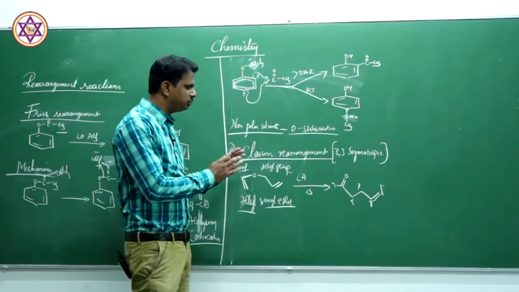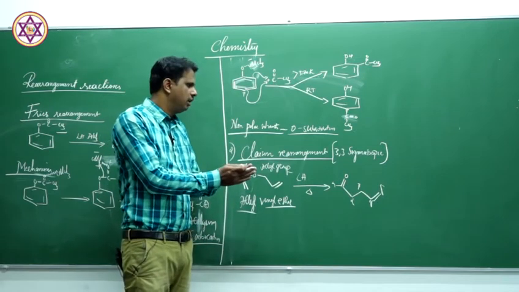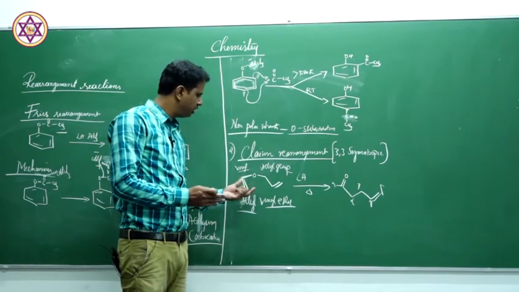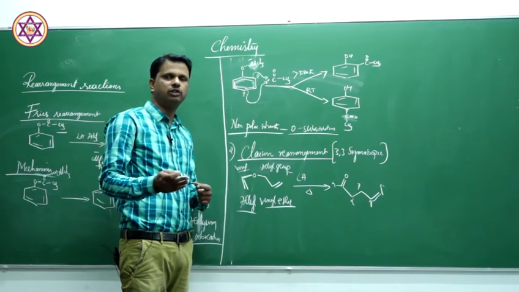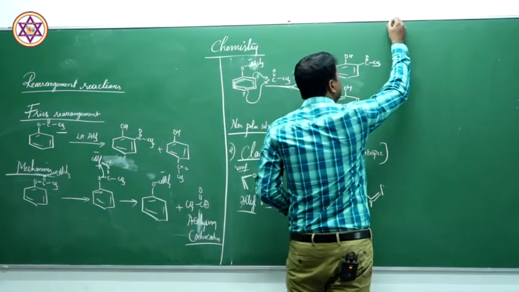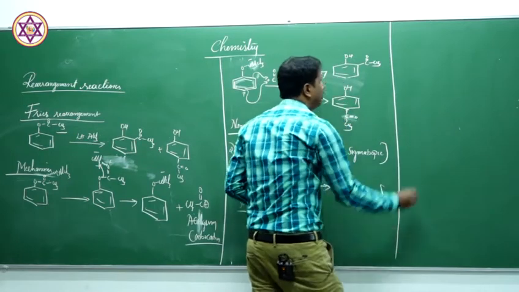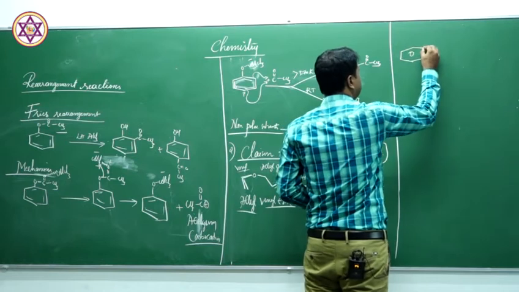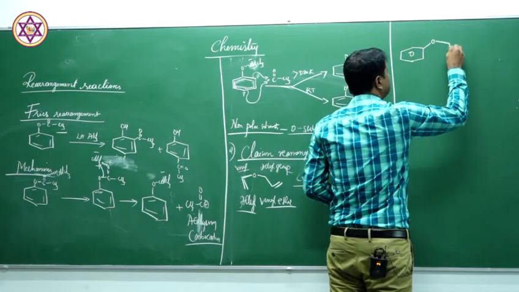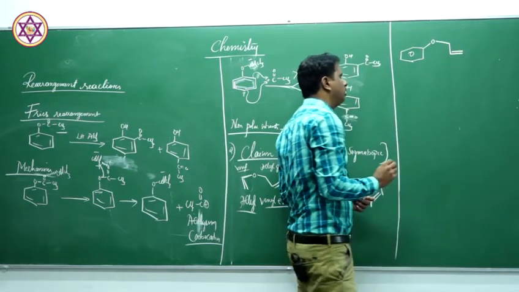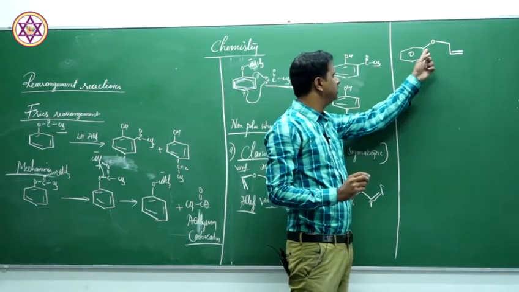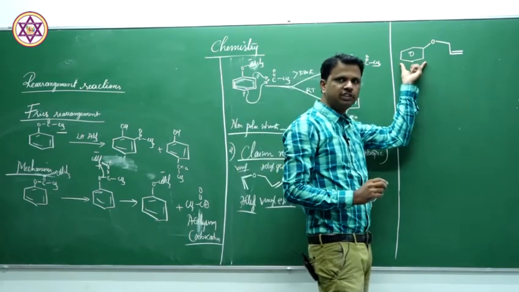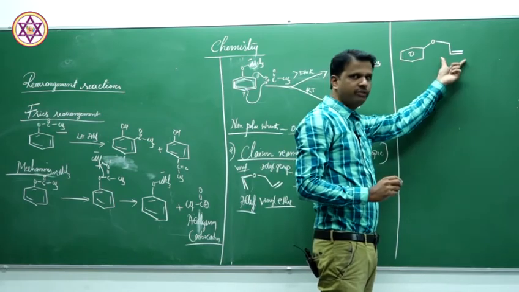Now, let us put the same thing into the phenolic situation. Because our topic is phenols, instead of the vinyl group we have to take a phenyl group, so that the reaction will not change, only the group changes here. So our intention is to take phenol here. Now look at this compound. In this case we have a phenyl group. This is an ether molecule because the ether linkage is nothing but the C-O-C linkage. On one side we have a phenyl group, on the other side we have an allyl group.